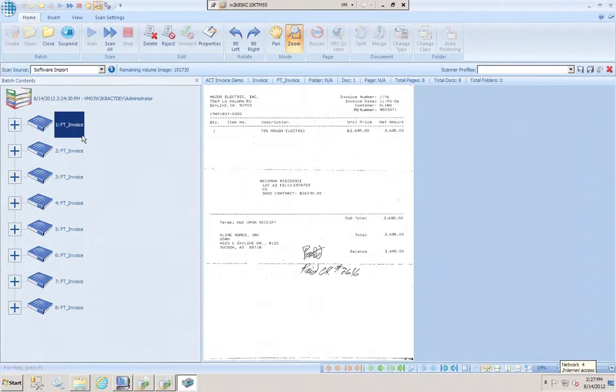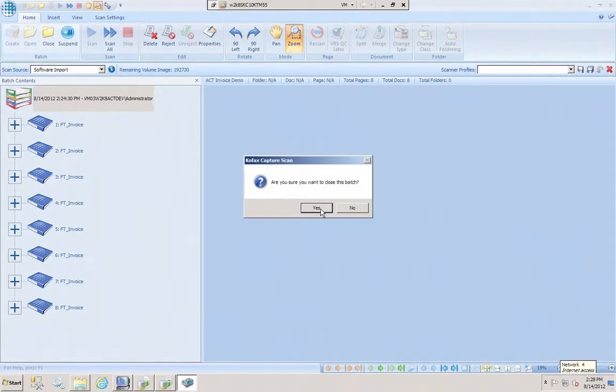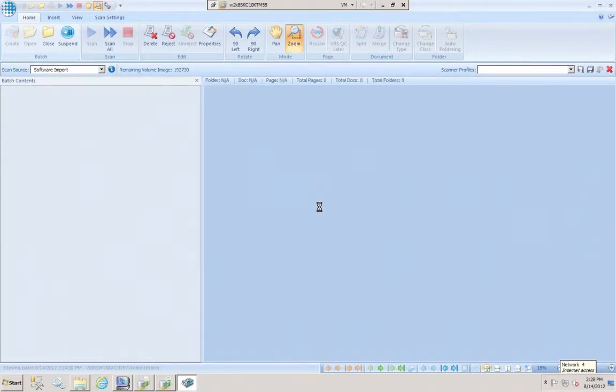The scan module automatically connects to whatever scanners are available to it. It pre-selects the scan settings, so there's no manual intervention there. Say, let's make this 300 DPI. It automatically rotates the images as they come in so that they're in landscape or portrait mode, which really reduces the amount of preparation that the operator has to do, as well as speeds up the scanning process itself. Once everything is ordered like you want it, we close the batch,